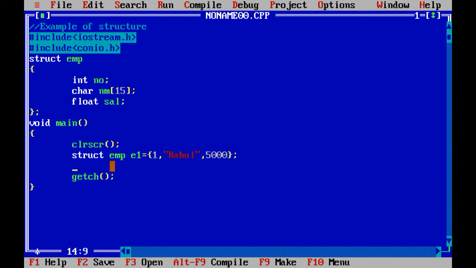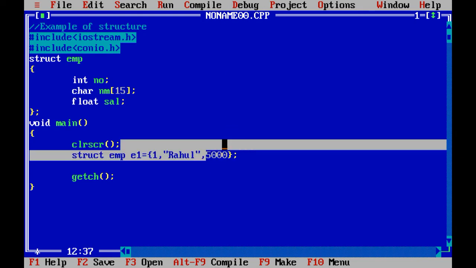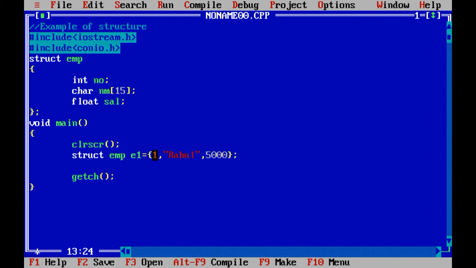But right now I have passed the data directly with the help of curly brackets. If the data is of character data type, you just need to pass that data between double quotation marks. Suppose your data is a point value, then you can pass it with a decimal point, you can pass the data in this way. And right now I am going to pass salary 5,000, that's why I have used it like this. And then you can pass the data related with the integer data type.